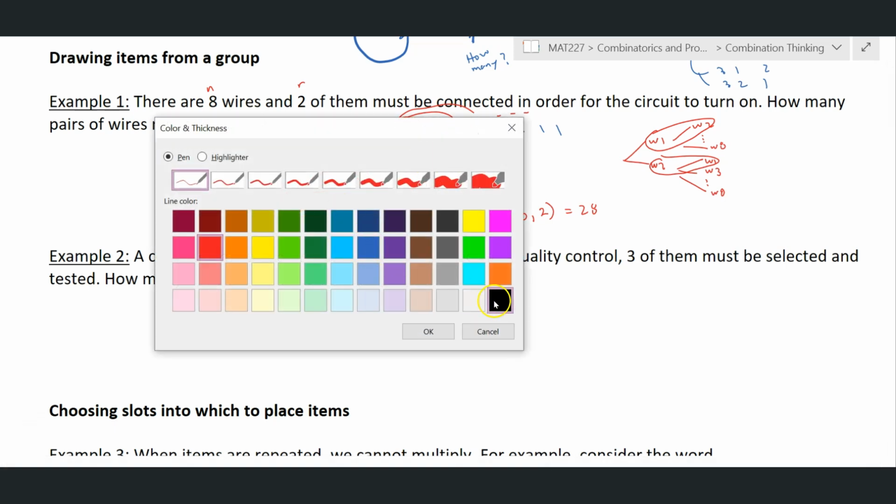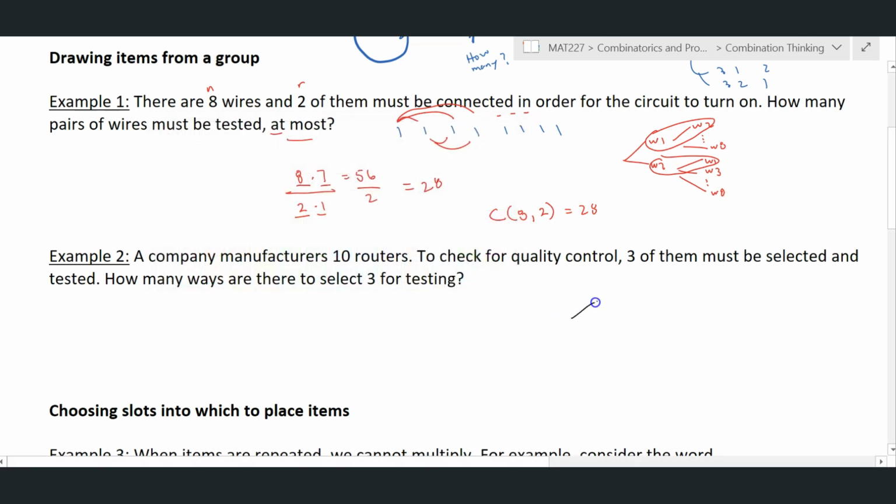Well, once again, you can think about this as selecting router 1 all the way down to router 10, and then router 2 all the way down to router 10, and if it's router 1, router 2, then it could be router 3 all the way down to router 10. So we're just eliminating that possibility. Of course, you can't select the same router 3 times, because you want to select 3 different routers. And keep in mind that this R1, R2, R3 could also show up